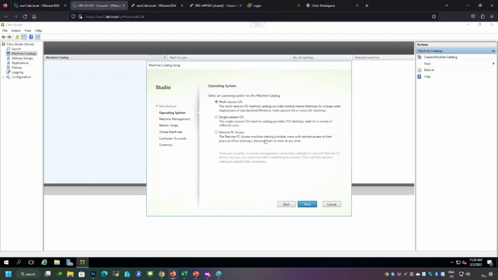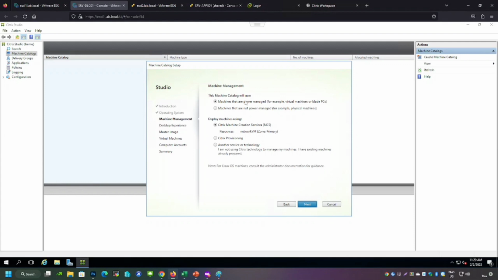So click on next, and here is the option to create multi-session OS and single session OS. Let's create a single session OS first. Click on next, and we will use the virtual machine. Click on next,